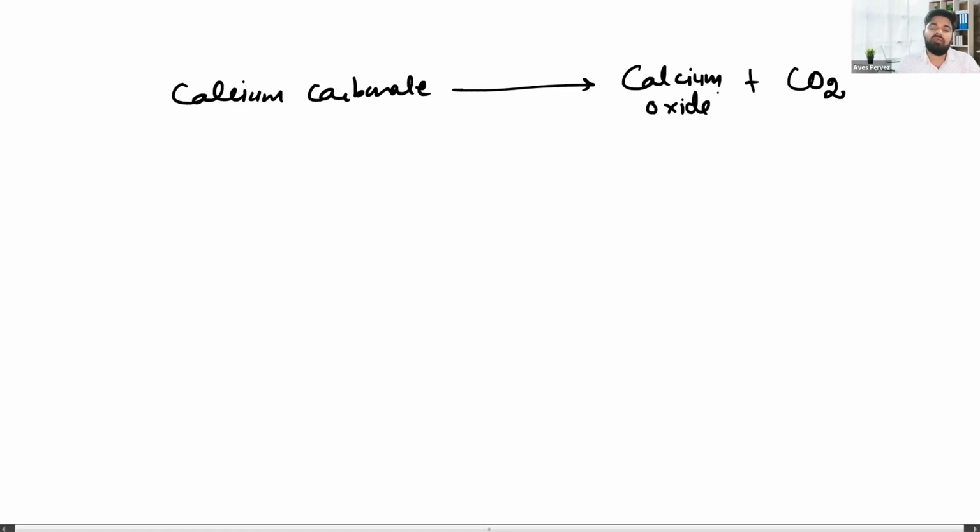If this is 100 grams, and we obtain 44 grams of carbon dioxide, then what is the mass of the calcium oxide obtained? If 100